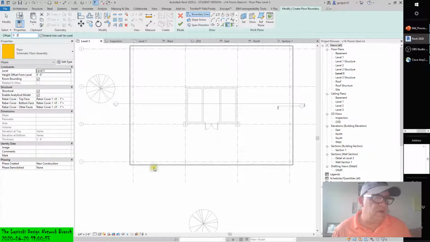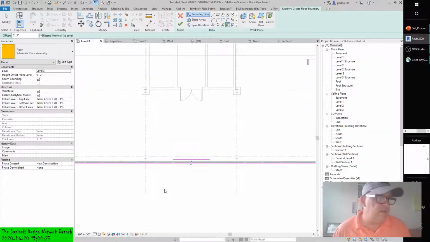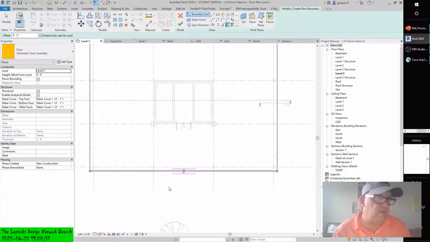Begin by picking the exterior curtain walls by selecting one of the north-south oriented walls first. So I'll select this one. As you can see, you get a little span, a flip arrow, and this is going to dictate the span. The first wall that you pick will determine the span direction of the structural floor. You can change this at any time by picking the span direction tool from the draw panel, which we may